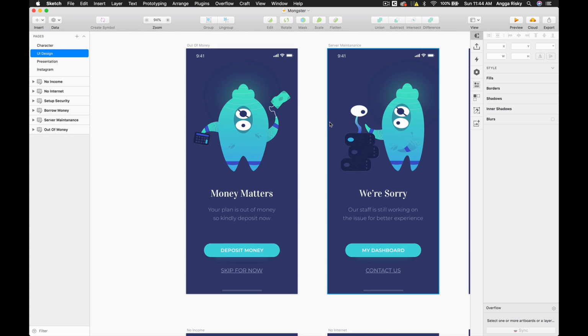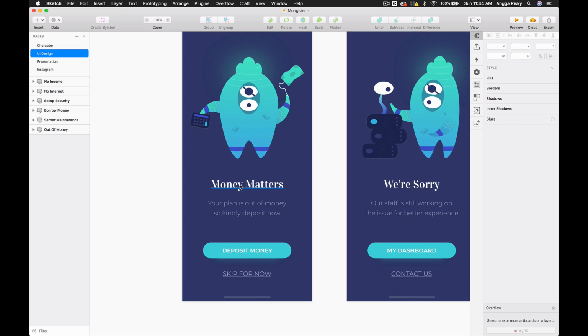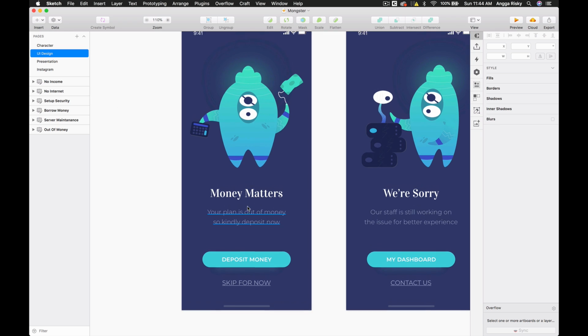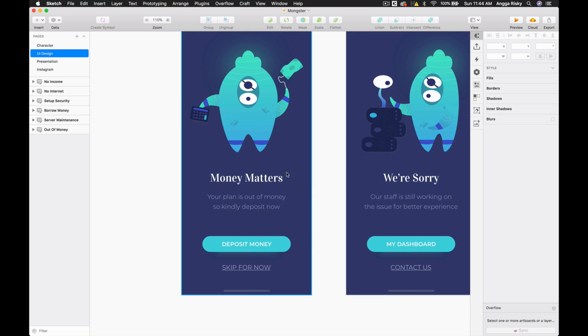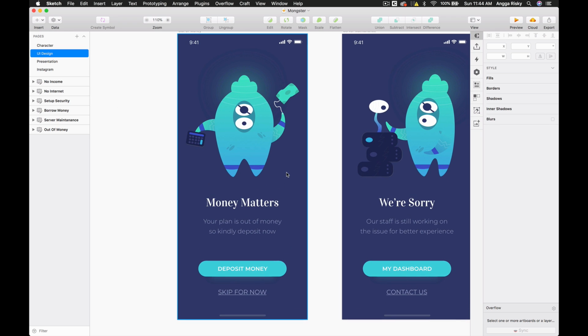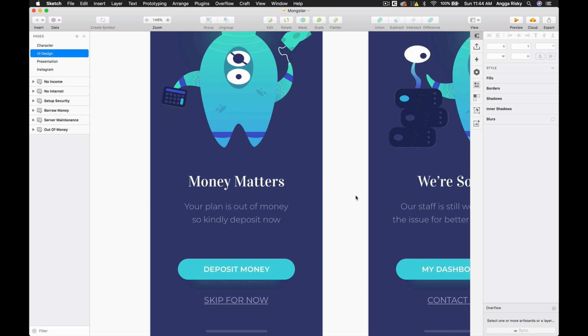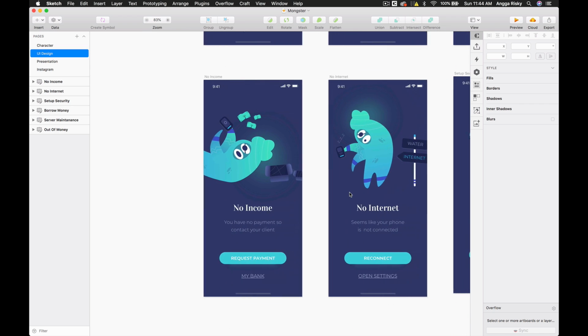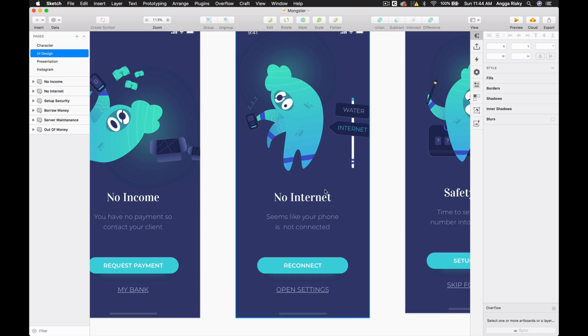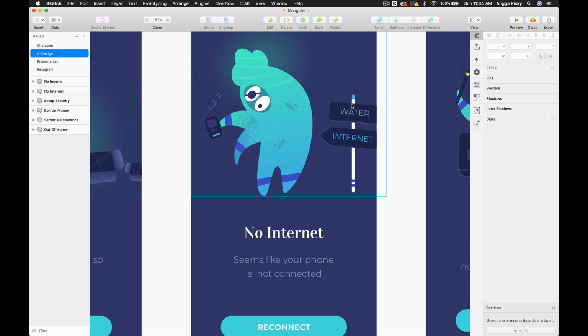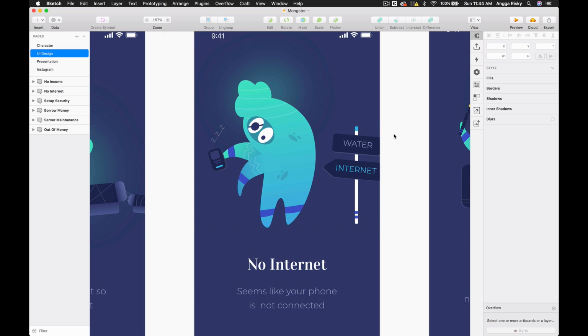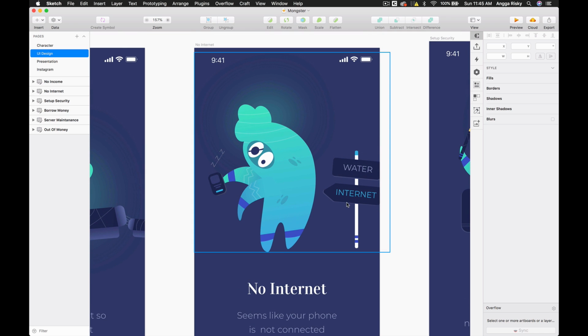So this is the example of the empty states, like this one is for the condition when the user doesn't have much money to run their own plan. And this is another problem, like no internet. This is really funny because people are choosing internet instead of water.